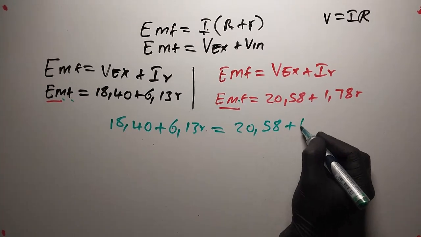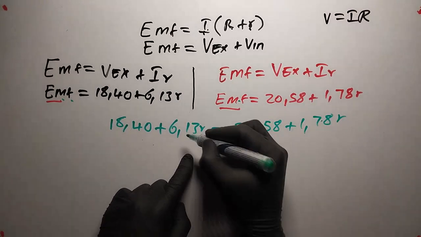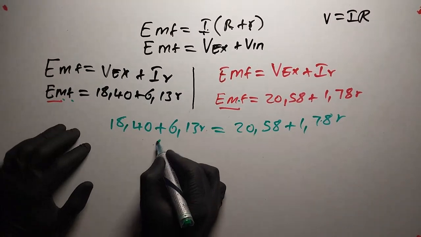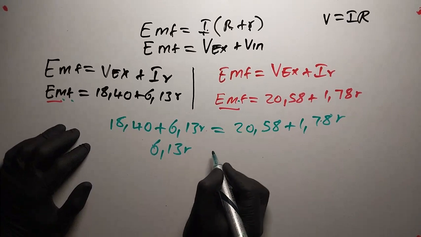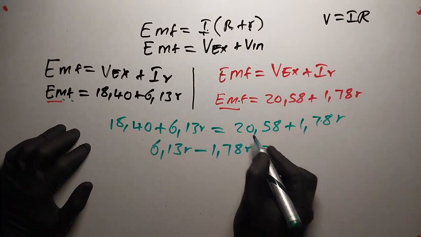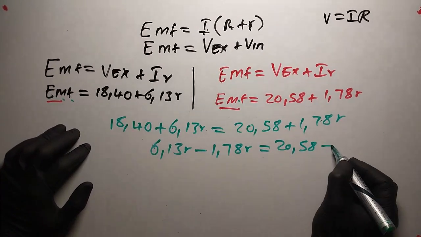20.58 plus 1.78R. You're going to take this to the other side, it's going to be negative. Then you're going to have 6.13R minus 1.78R is equal to 20.58 to the other side minus